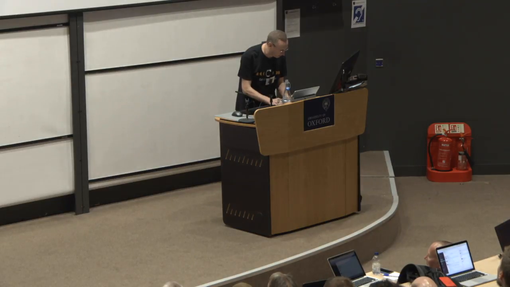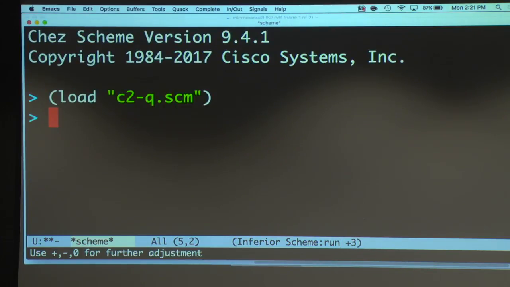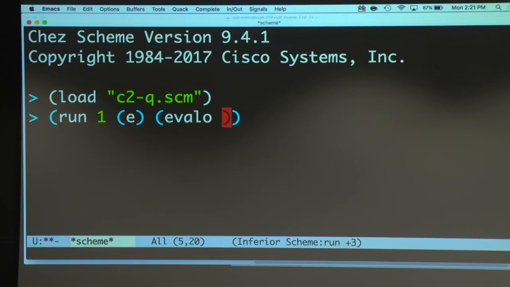So let's load. We've got various versions of the interpreter that have different language features. So let's try doing a run one E, and we have evalo. So what should our query be? EE, right? We want the expression and the value to be the same.